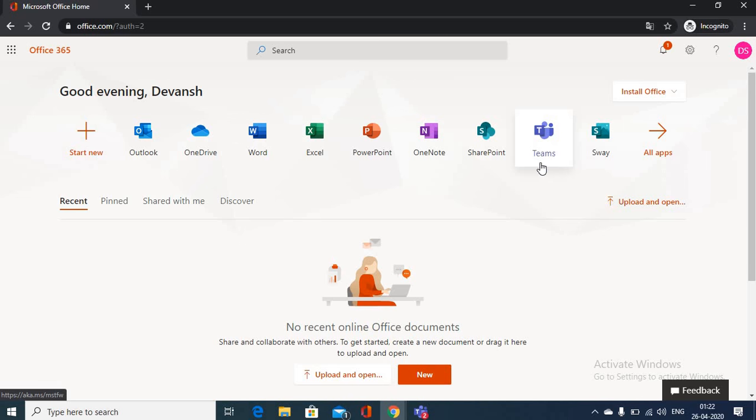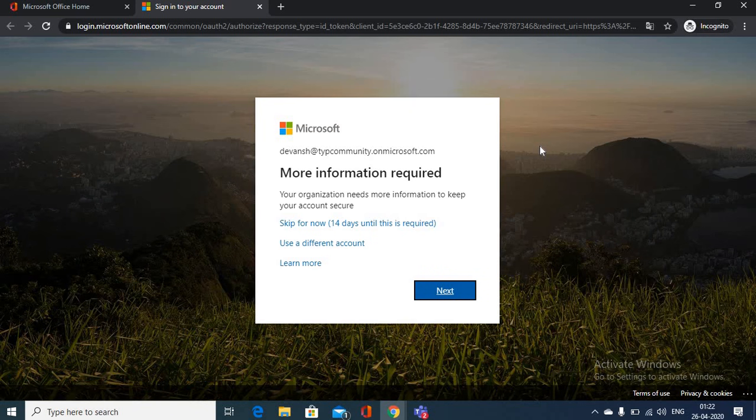Now, as I told you, we are going to use Microsoft Teams throughout your training. So you just have to click on this Teams application. Let's do that. Some of you or all of you may receive this pop-up again, more information required, and again you have to select skip for now.